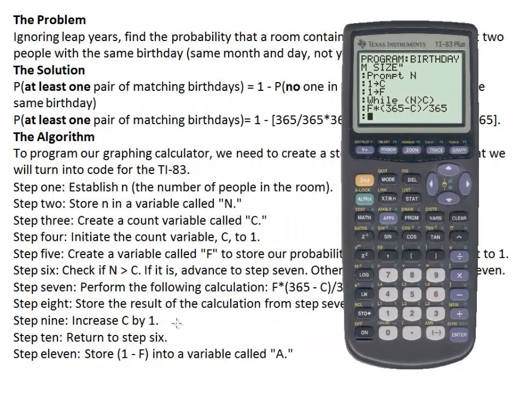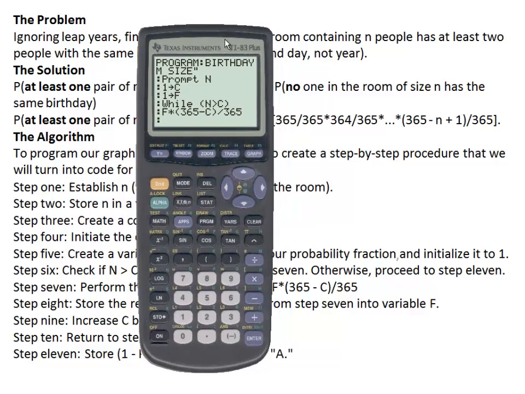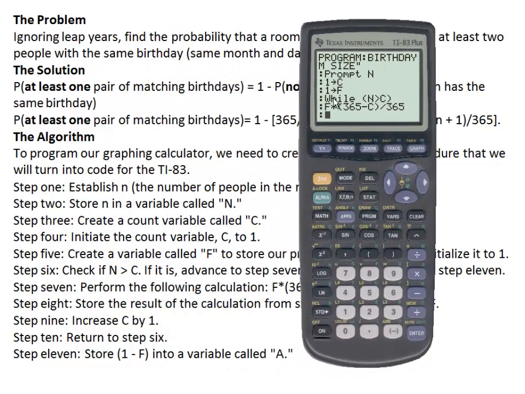For step 8, we're going to store the result of the calculation from step 7 into variable f. So we're going to take this expression and store it into f. So actually, I'm just going to come up here and do that and add it on to what we were just doing. Right? So all of this is just going to be stored into alpha f. The calculator will move left to right. So as it does this work, it'll finish it up, and then it'll take the answer and just plug it